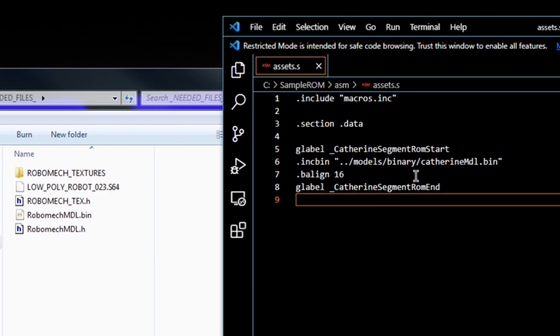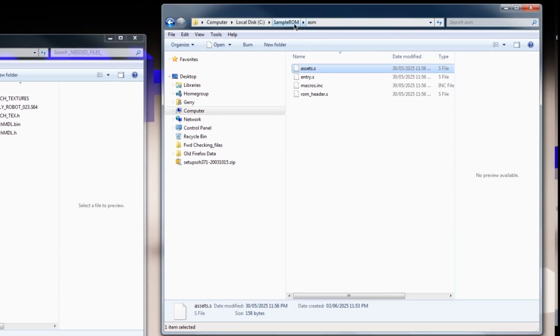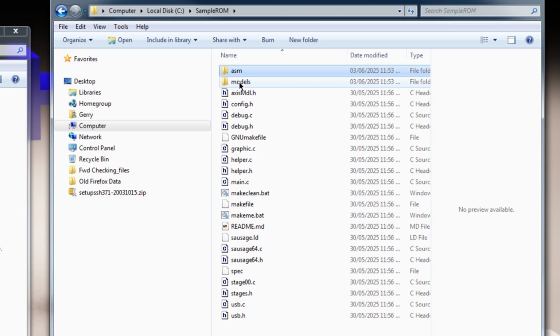Change those, update those, save it, and then you should be fine. So that's about it. You just update those assembly files, copy the models over, and then you update the spec file and stage00.c. And then pretty much, you go in and install the SDK for the N64,